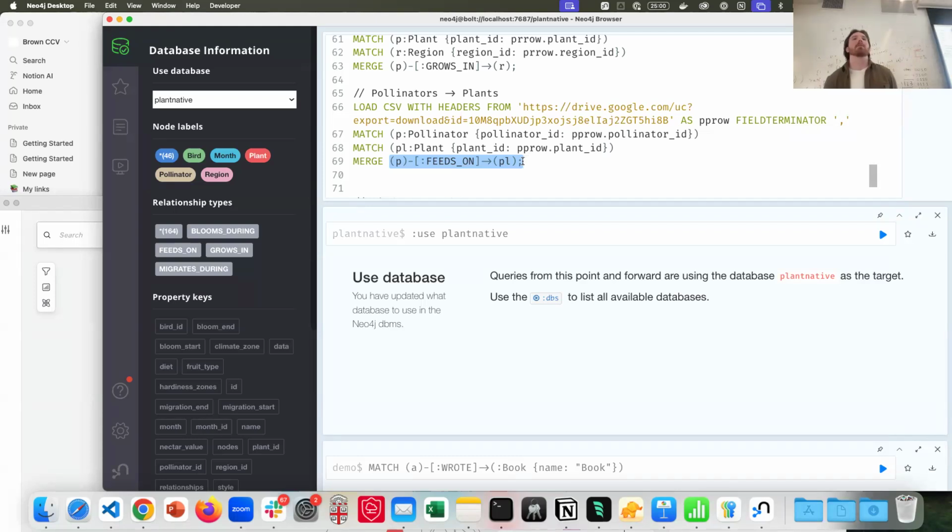Yeah, I don't know. I guess I would be thinking about what type of organization of nodes and relationships would, for the types of queries I'm interested in performing on the database, result in the least amount of work for Neo4j. So in terms of the bloom start, bloom date,